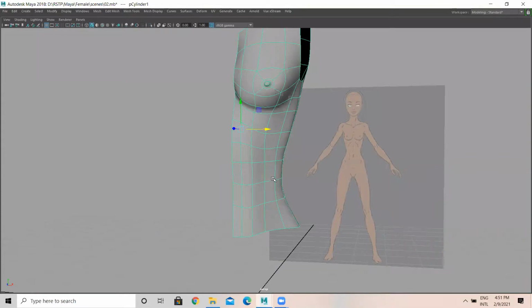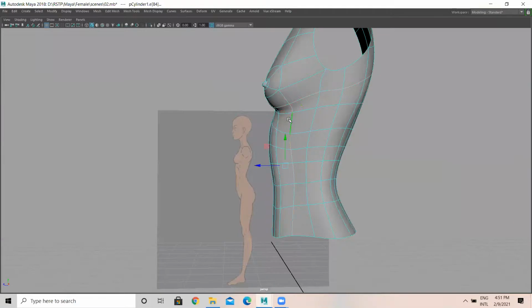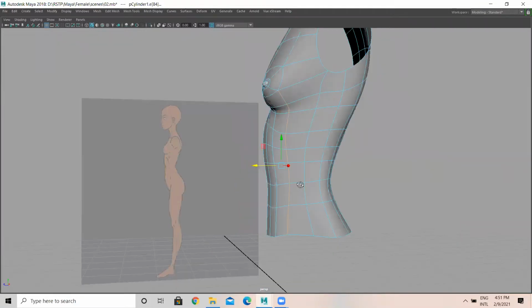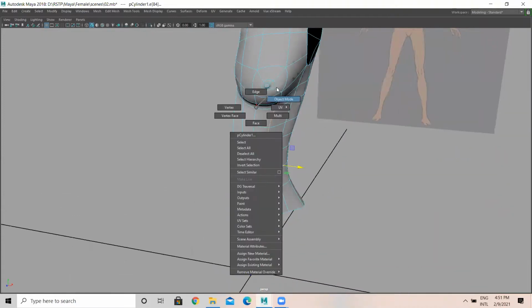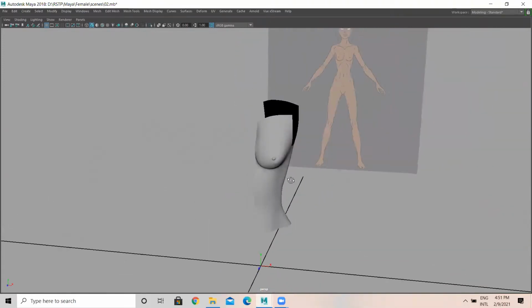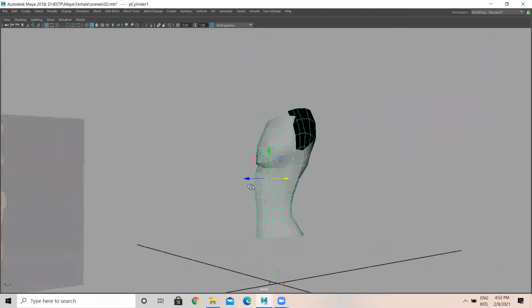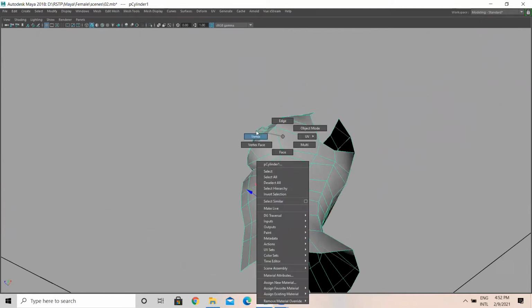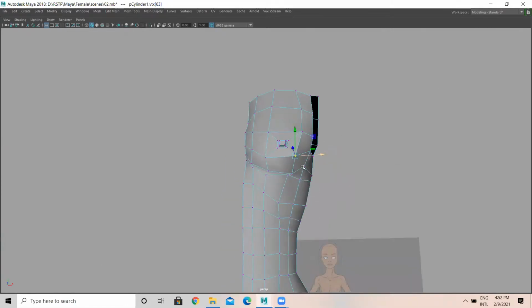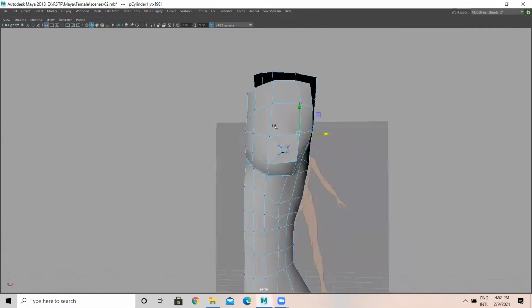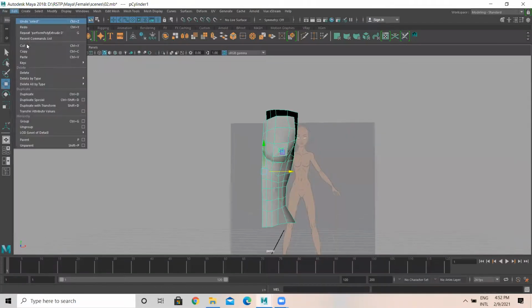Okay. Then after this, it's like this. Okay, so now what I'll do is Edit, Delete by Type, History.